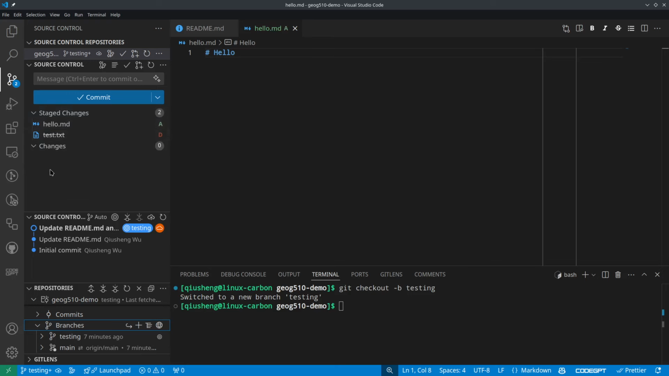Then on the left side here, you should see two menus, right? Changes and the stage changes. Stage changes means this is something ready, okay? You can continue to make changes. So right now, for example, in the hello.md, I can say, for example, here, introduction,